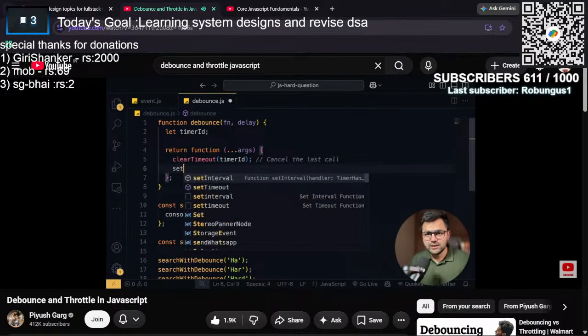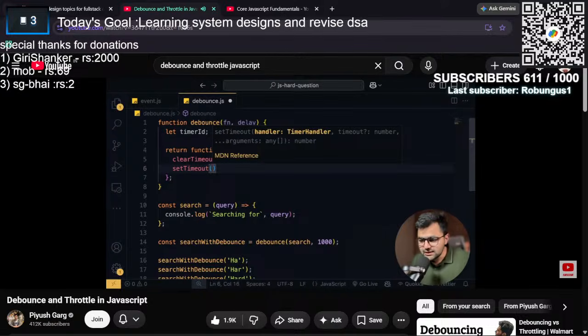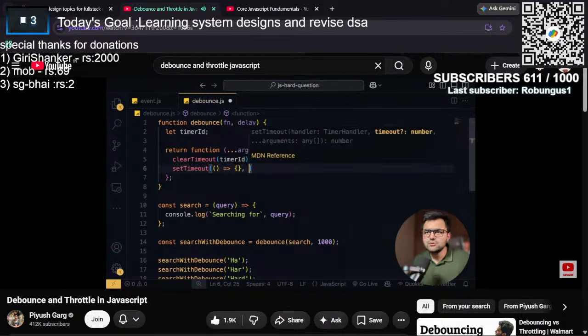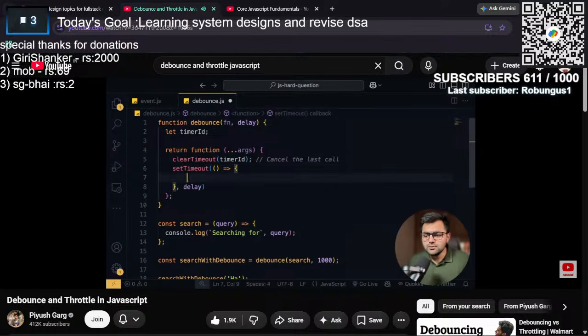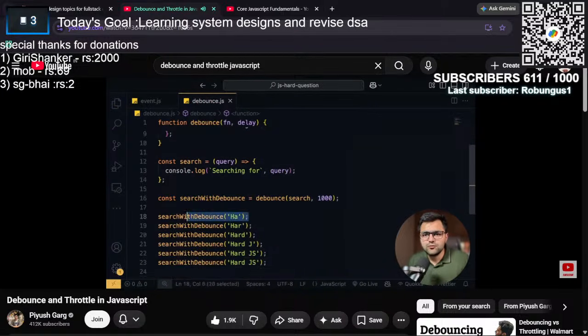अब हम एक नया टाइमर चालू करेंगे, सेट टाइम आउट करके। पहले तो ये टाइम आउट कितनी देर के लिए चलेगा, जो भी यूजर ने हमें डिले दिया। इसके अंदर हम यूजर के फंक्शन को कॉल कर देंगे, एंड उसके अंदर जो भी आर्ग्यूमेंट्स हैं हम वो भी पास कर देंगे, और ये अब हमारा न्यू टाइमर आईडी बन जाएगा।